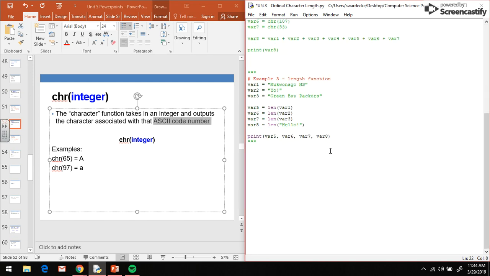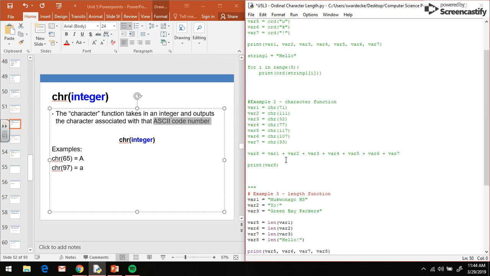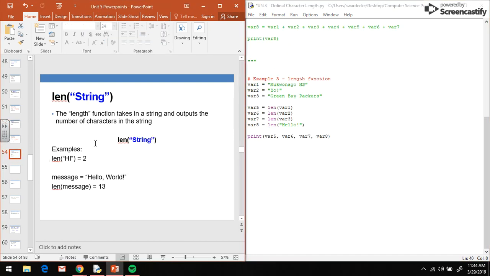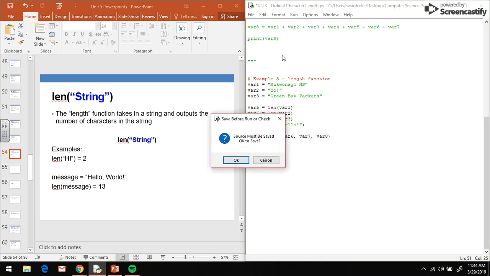Okay, and we've got one more to look at. The last one we looked at was the len function, and this one takes in an entire string. You can see here we have variable 1, variable 2, and variable 3, and they each save a string of text. Then we used this len function on variable 1, variable 2, variable 3, and on the string hello just to see what happens. Then we printed 5, 6, 7, and 8 to the screen. So if we run this,